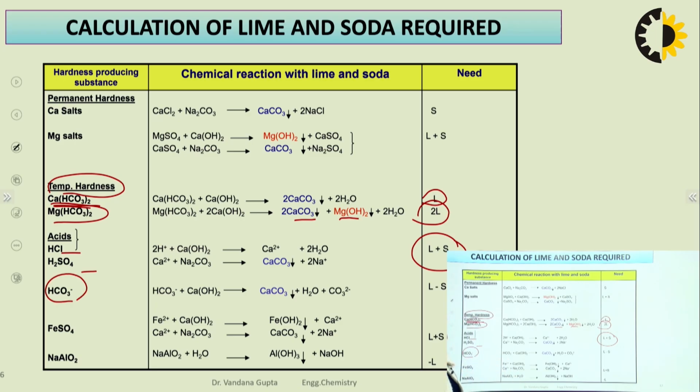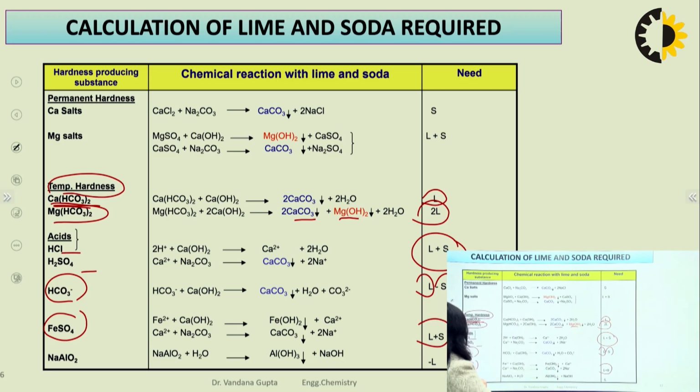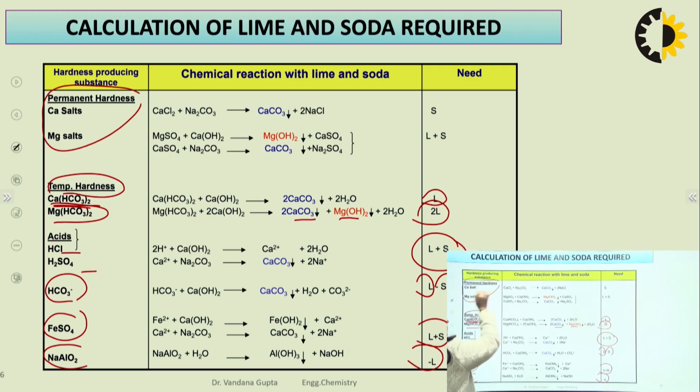If the water contains bicarbonate, we will use lime and an equivalent amount of soda has to be subtracted because soda is automatically produced by this reaction. If the water contains iron or aluminium salt, then we use lime and soda both. And if we use coagulant for speed of precipitate formation, then we have to subtract the equivalent amount in the lime calculation. If water contains permanent hardness of calcium, then we will use only soda.